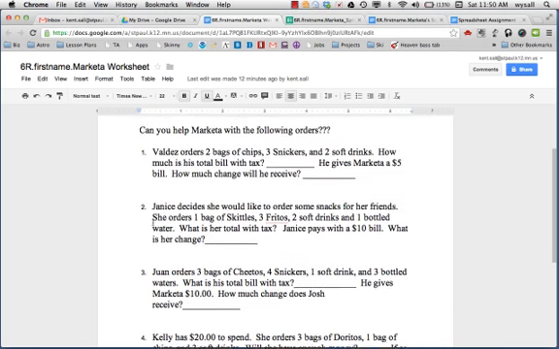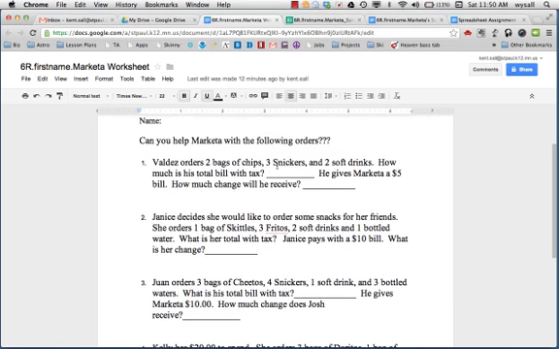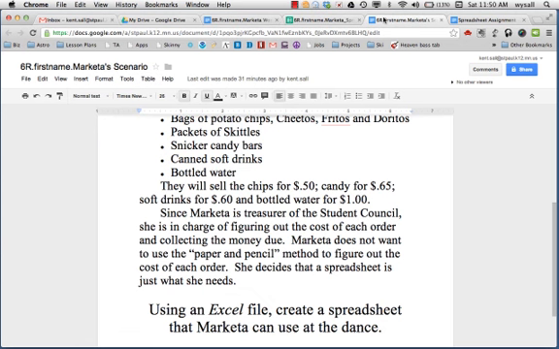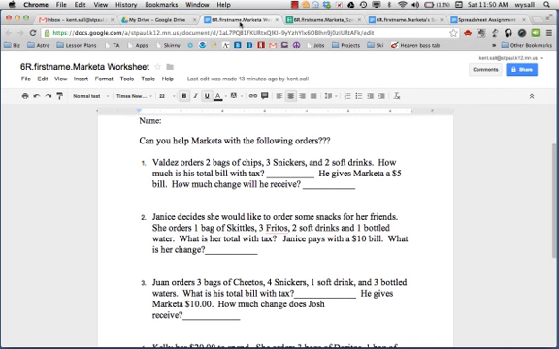The first person orders 2 bags of chips, 3 Snickers, 2 soft drinks. How much is the total? With tax. 2 chips, 3 Snickers, 2 soft drinks. So you go enter that information into your spreadsheet. 3 chips, 2 chips, 3 Snickers,